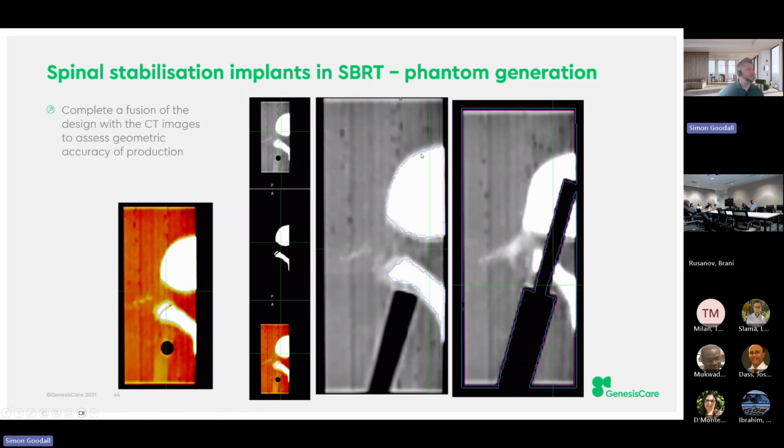We also were able to evaluate the geometry of the developed phantom by testing how well some auto contouring showed the comparison to the 3D print design. So we basically fused the scanned phantom with the design and contoured the bone, and we could see that the agreement was very high.